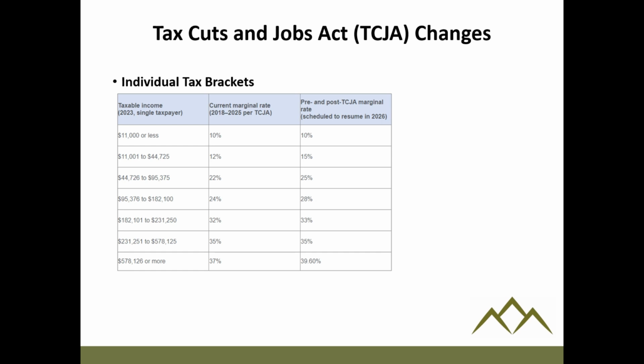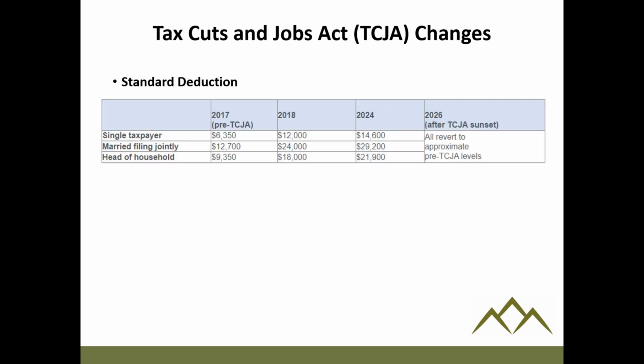If we go to the next slide here, this is what I was referring to earlier with the big increases we had to the standard deduction. Pre-Tax Cut and Jobs Act, married filing joint was only 12,700, or would be. For 2024, this current year, it's going to be 29,200. So for 2026 tax years and beyond, we're going to be reverting back to those standard deduction amounts. And when you combine that with some of the other phase-in, phase-out things that have occurred,